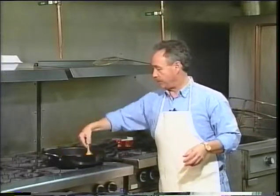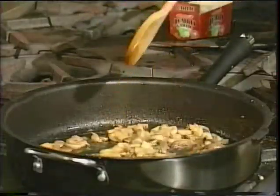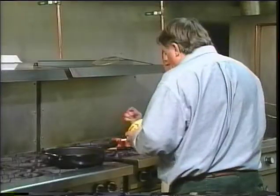But you know what? I'm going to show you how to do something here. What we do is we'll let this saute a little bit. While we're doing that, we're going to open those tomatoes. Can you go over there and open the tomatoes? Now what we got to do...